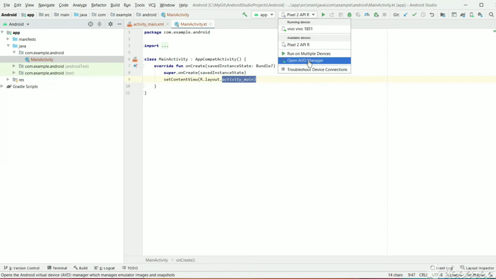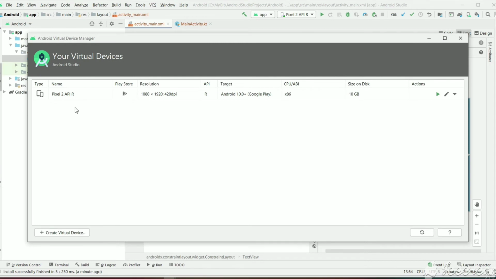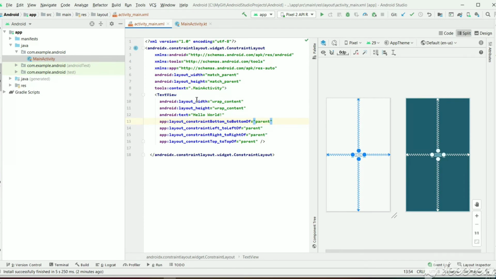You can open AVD Manager. Here I have installed a virtual device emulator. You can also install one by clicking create virtual device, and install our app in that emulator instead of installing it directly on the mobile. After downloading, just select that emulator and click on run app. Here you will see Gradle build running, and after the build is successful, it will be installed automatically in the emulator, and the emulator will open like a mobile screen.